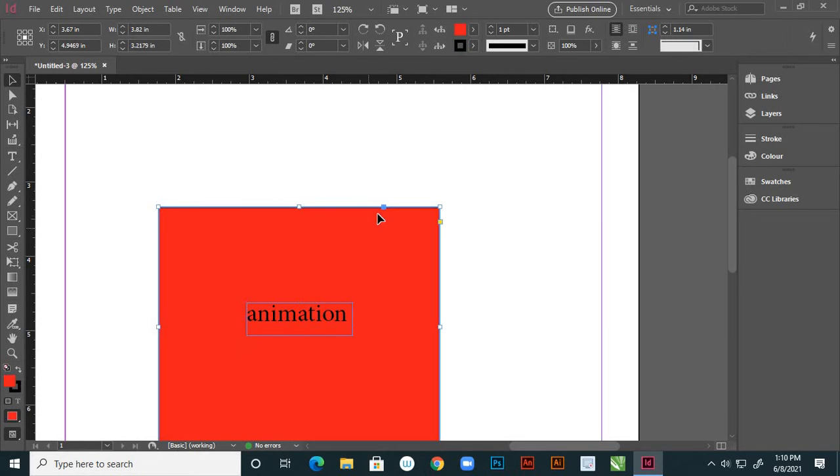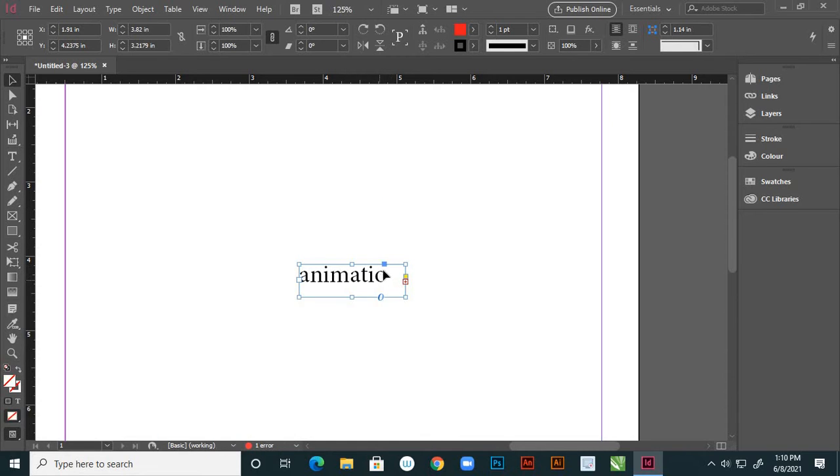Here it is, alt drag to open dialog. Just a minute. So first I used Shift and drag to make it inline, right? And then I'm using Alt and drag.